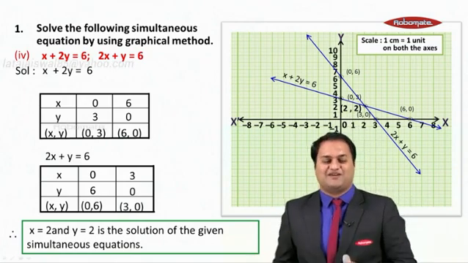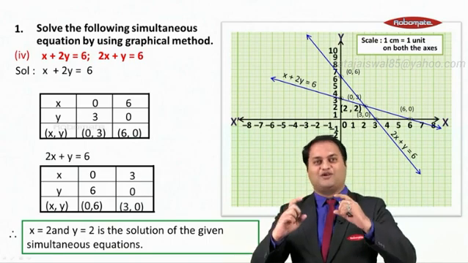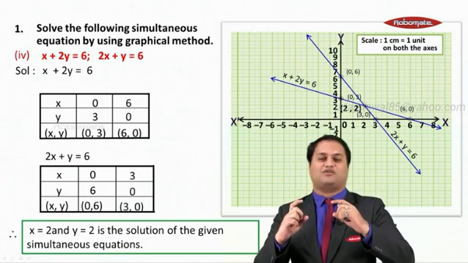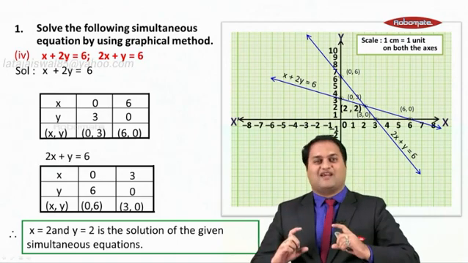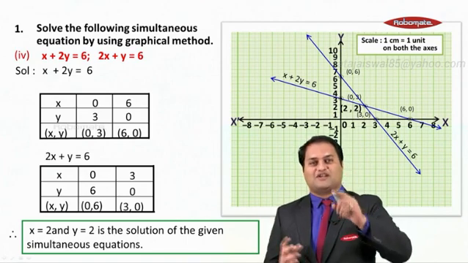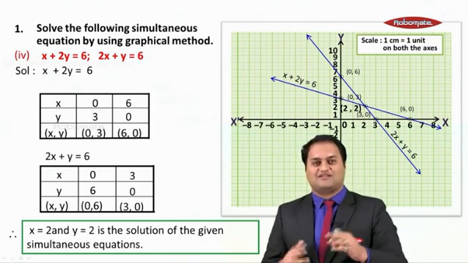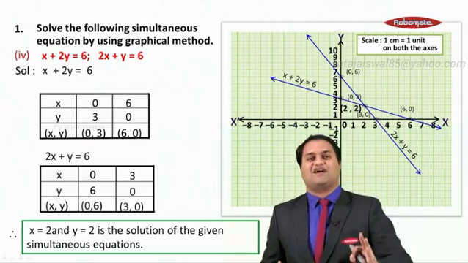As simple as that. So that's your graphical method. Take one equation, draw the table, consider x as 0, find y. Consider y as 0, find x. Second table, repeat the same, plot the points on the graph paper, don't forget to write the scale, mark the origin, axis, coordinates, write the final answer, the point of intersection, and the sum is over.